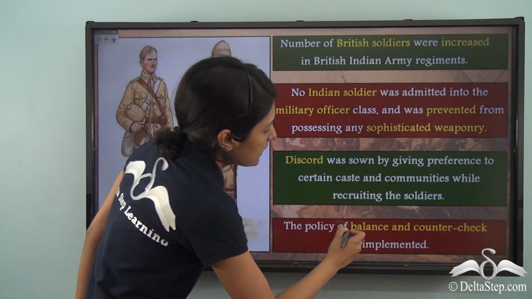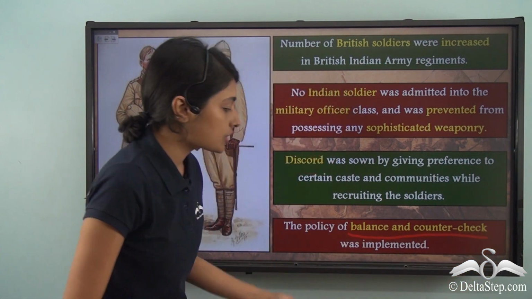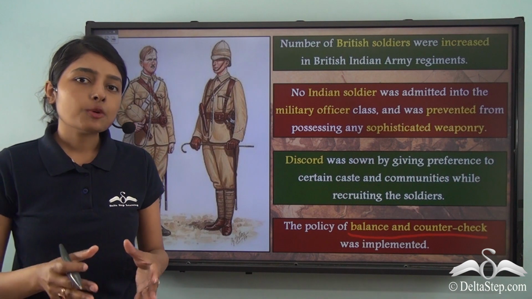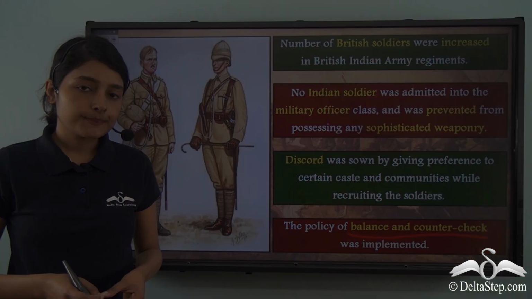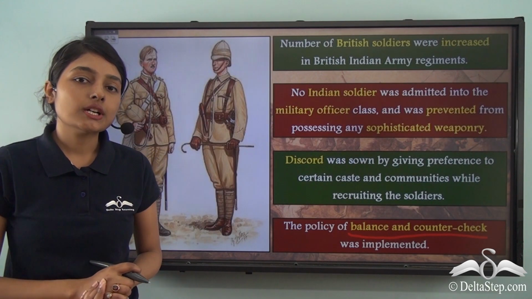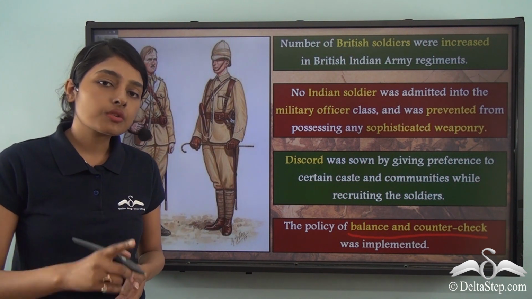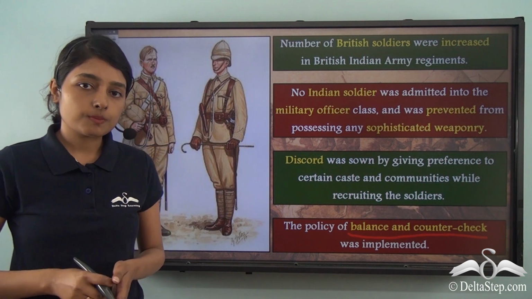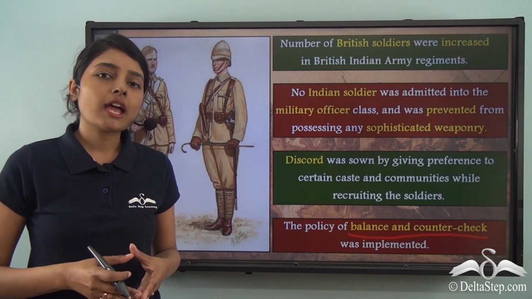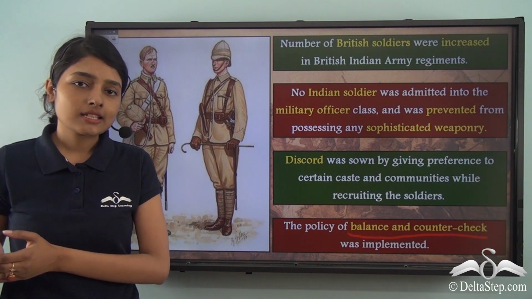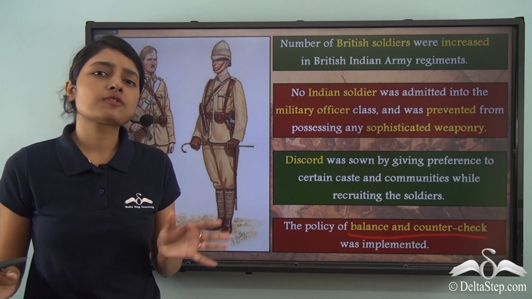After this, the policy of balance and counter check was implemented. Now, how was this done? Allow me to give you an example in this regard. Suppose an Indian soldier hails from Punjab, and that person was recruited to the Bengal regiment. Then that person would have to serve for the British rule in a faraway land, because Bengal is quite at a